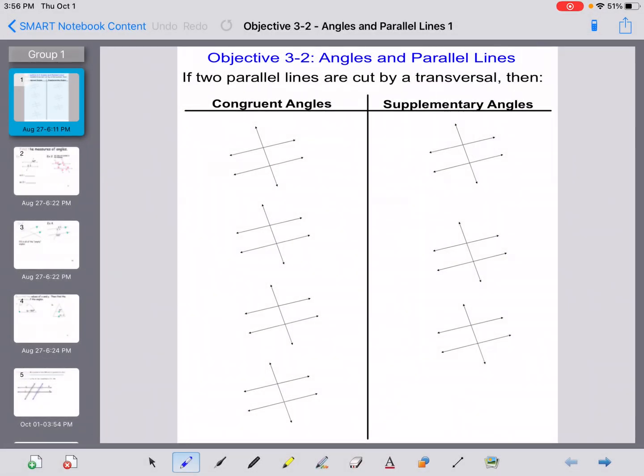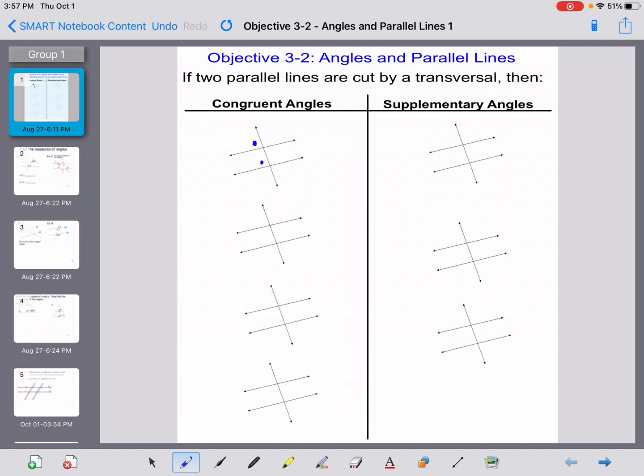All right, so our objective today, angles and parallel lines. We're going to discuss when two parallel lines are cut by a transversal, we will determine which of those pairs are congruent angles and which of those pairs are supplementary angles. Our congruent angles are going to have the same shape and they're going to be in the same locations. So when we think about our different pairs that we have